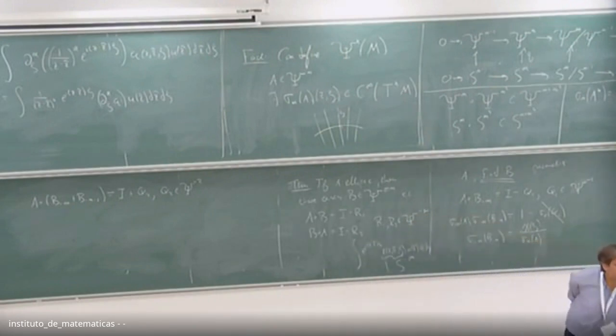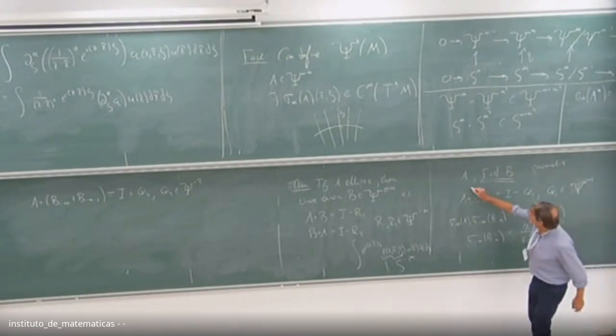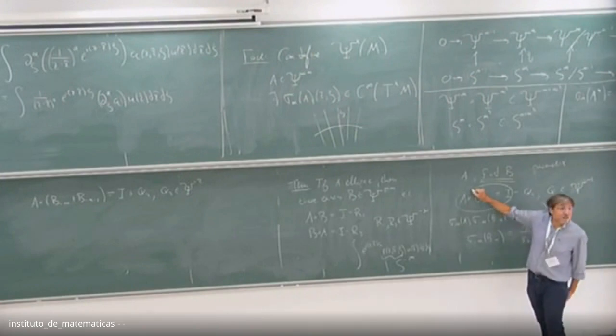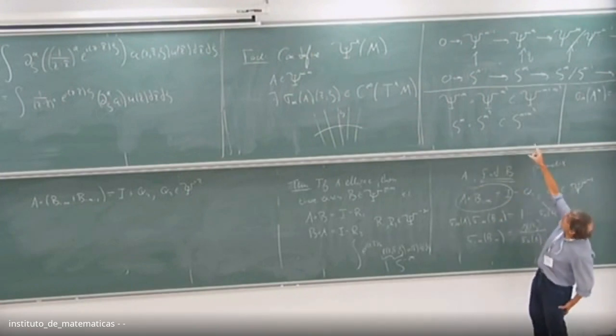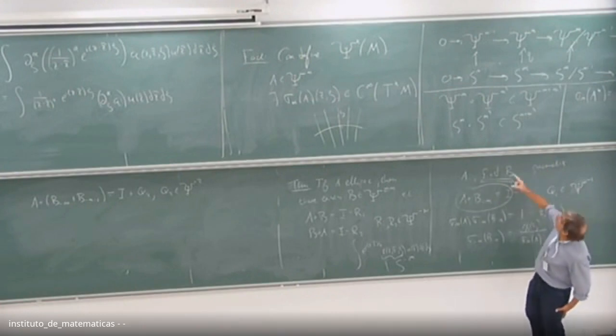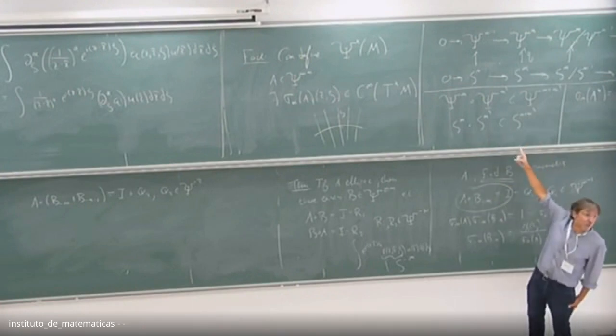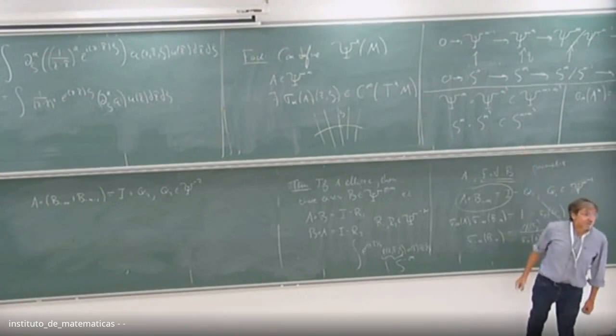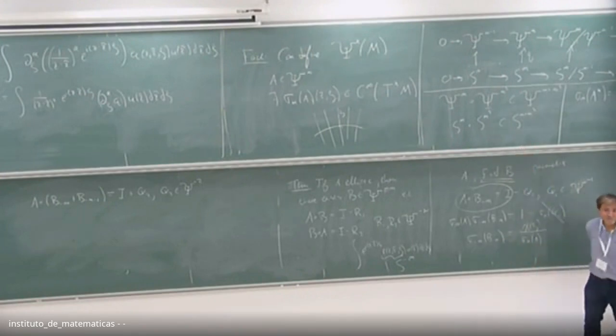That's 100% right. Sorry, where did Q1 come from? Well, Q1 came from the fact that if I took this thing, the 0th order symbol is 0. That means it's a symbol of order minus 1, which means it came from an operator of order minus 1. That's the point. Any other questions?